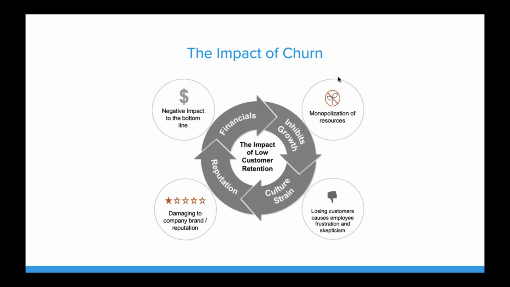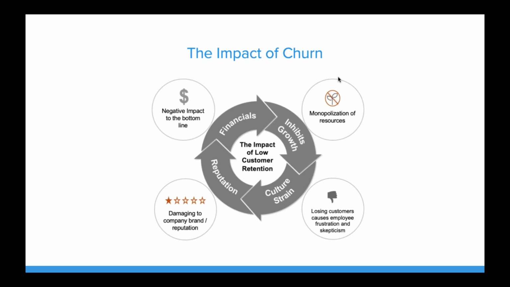Now, why are we even talking about this? Why is this such a hot topic? Well, it's because churn has a really meaningful impact on our business as a whole, and it really impacts every single part of the business. Certainly, it impacts our financials. It has a very meaningful negative impact on our bottom line because we're losing those customers,